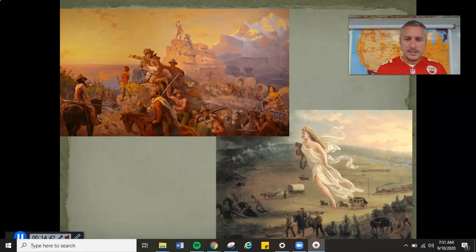So let's take a look at some of these images, because I think this really talks a lot about how we portray westward movement and also some of their feelings at the time. Many of these paintings are from contemporary times, in particular the one at the bottom, and I think this really shows manifest destiny more than anything. This idea that God has fated Americans to reach from the East Coast all the way to the West Coast.